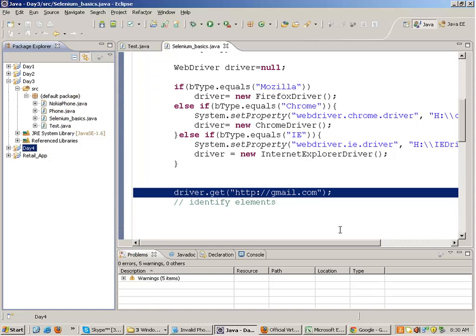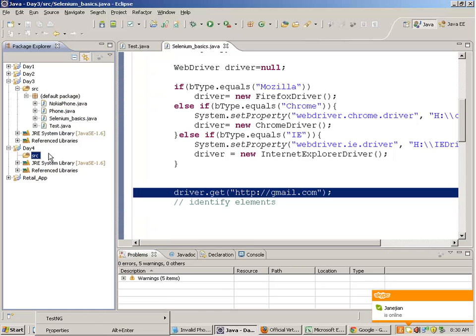Okay. Now out here, let me copy paste this Selenium basics file which I had made yesterday and I'll enhance this. So in this Selenium basics file,